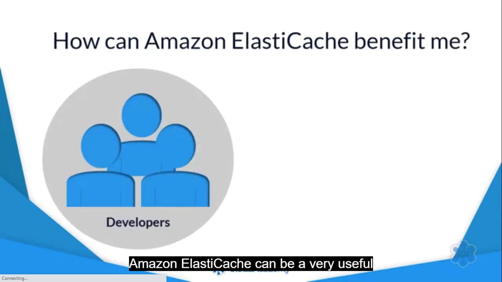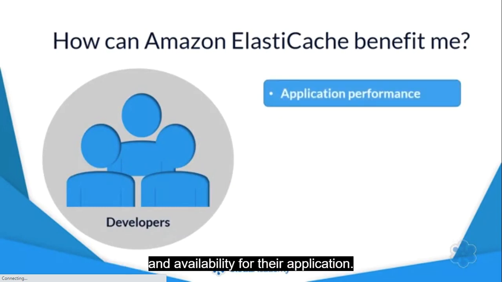Amazon ElastiCache can be a very useful tool for developers. Application developers are always looking for ways to ensure the best performance and availability for their application. Databases and other permanent storage options are relatively slow. Users are impatient today. Waiting a few more seconds for an app to respond can mean losing business to a